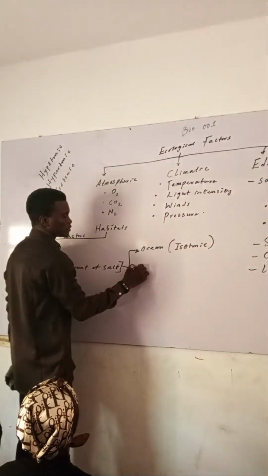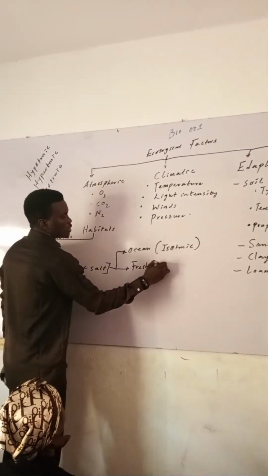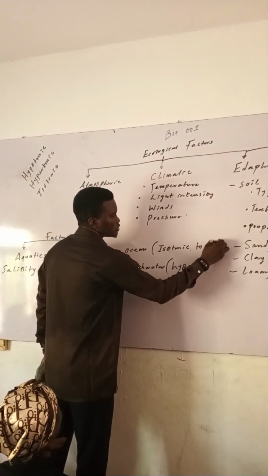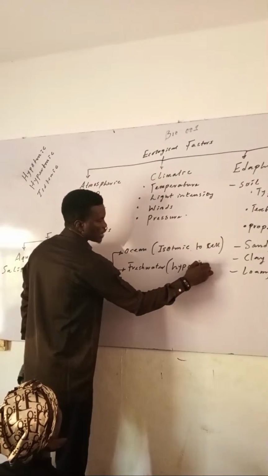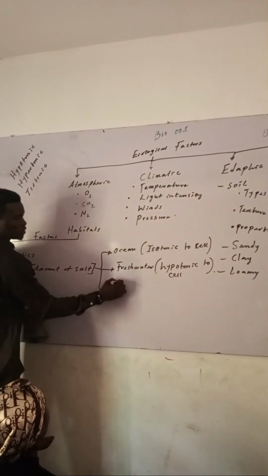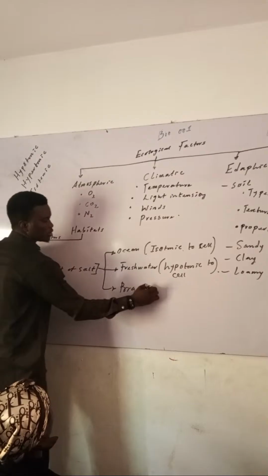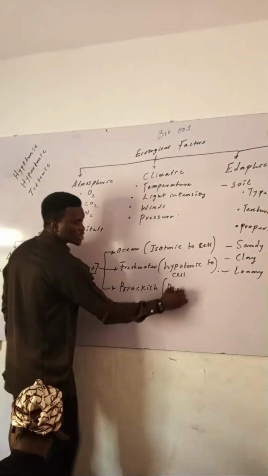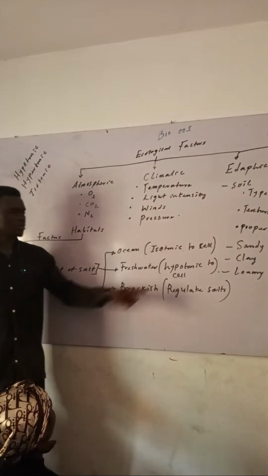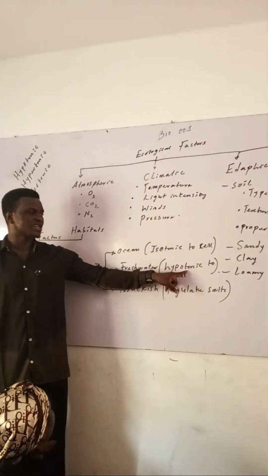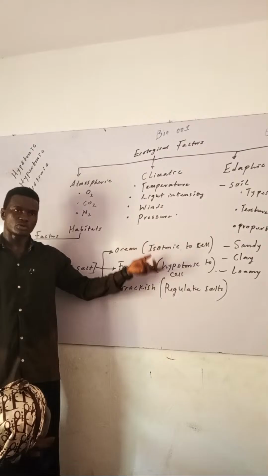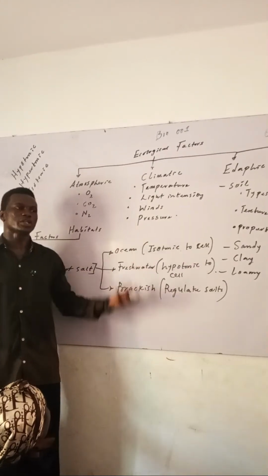But fresh water is usually hypotonic to cell. If you don't know what isotonic is now, hypotonic to cell. Then brackish. Most organisms in brackish need to find a way to regulate their salt. That's why organisms around here now, if it is hypotonic to cell, that means that the cell has more salt concentration than the water environment. Except you don't know that. Now, if it has more salt concentration than the water environment, what's likely to happen to